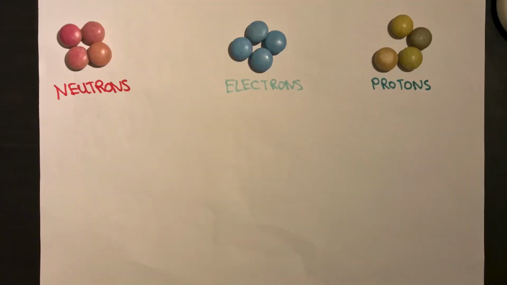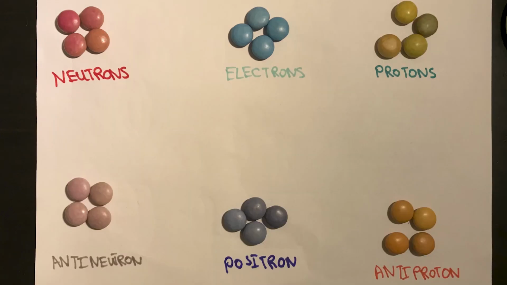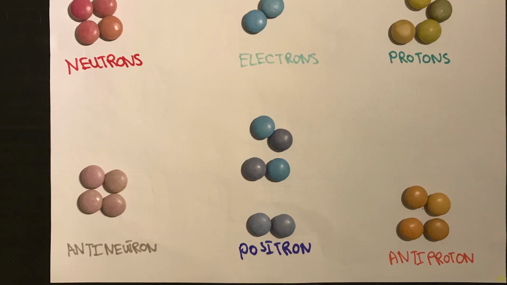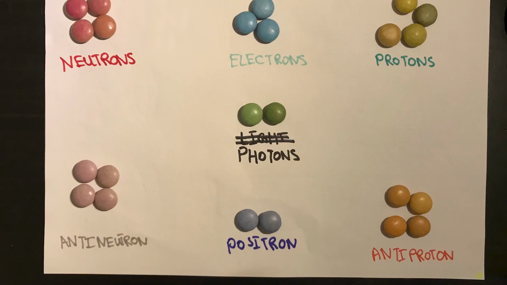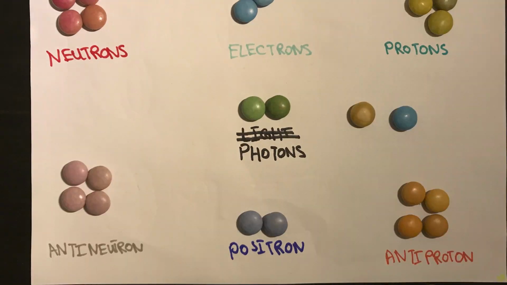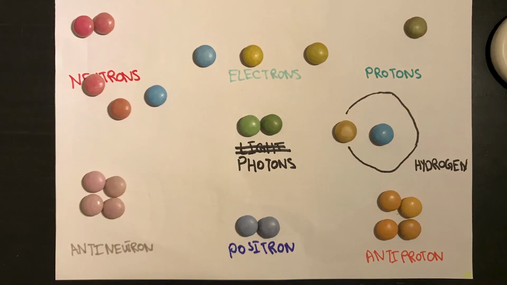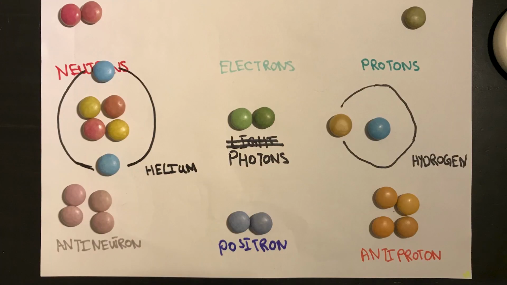Now this extremely hot soup, as scientists call it, contained electrons, protons, and neutrons, along with their antimatter counterparts. So what happened was that while it was expanding, the electron and anti-electron pairs annihilated each other and created light, or photons. After they annihilated each other, there were more protons and neutrons than electrons. So what happened was protons and neutrons combined to form basic elements such as hydrogen and helium. So as this was happening, the universe was also rapidly expanding, which means that the total heat was decreasing.